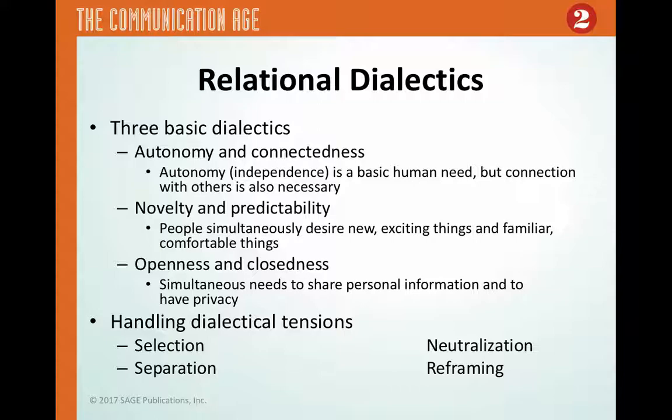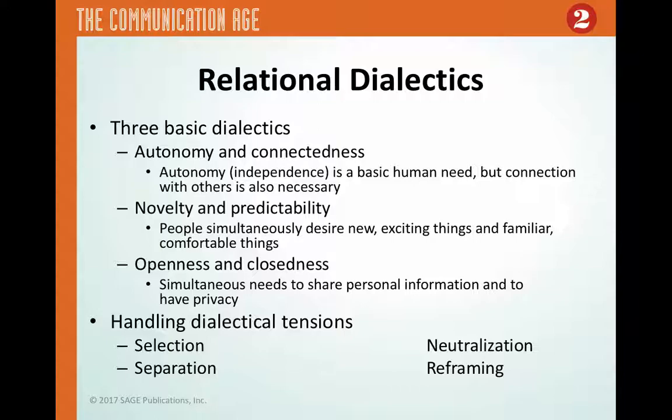So basically what it's saying is in every relationship we need independence. So for the first one, autonomy and connectedness. We always must constantly negotiate autonomy, meaning we need to be independent. We need to be our own person. We need to have our own rights, rules, and responsibilities. But at the same time, we want to feel connected with our partner. So it's this constant interplay and going back and forth of, ooh, I want to be alone, I want to be my own person, to, oh, I really want to be with you. I need you by my side. I need to spend time with you. This is different depending on the relationship, but all relationships negotiate this.